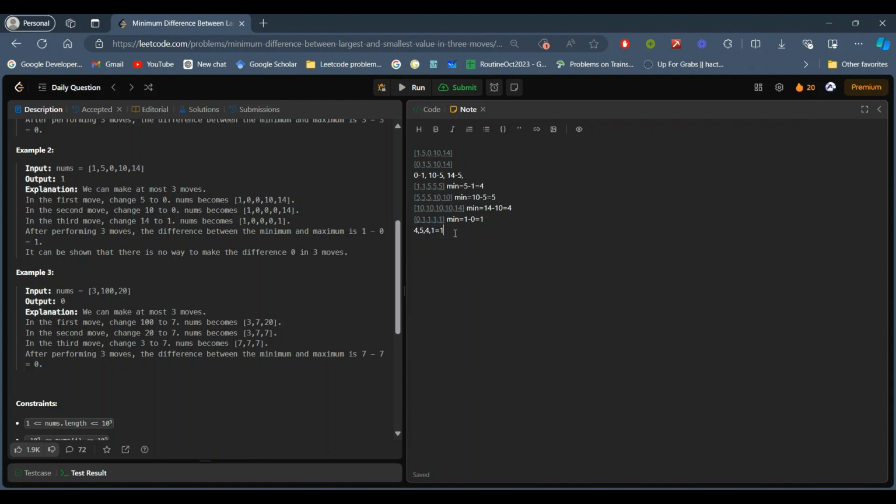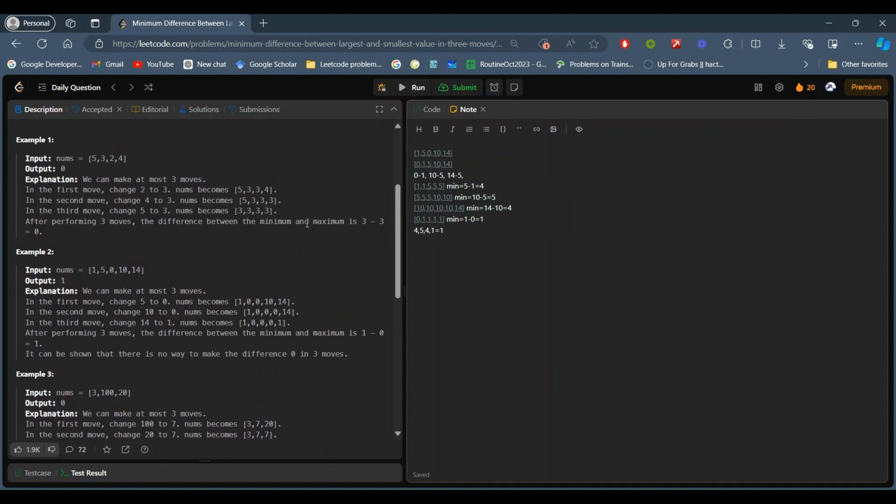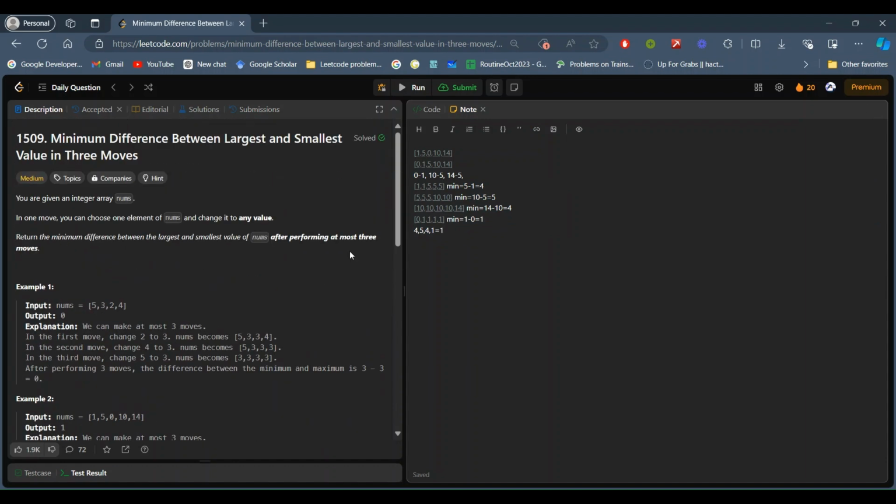Only these are the ways, because the number of moves is defined: it is at most three moves. That's why we can have only this number of ways. So let's code it out.